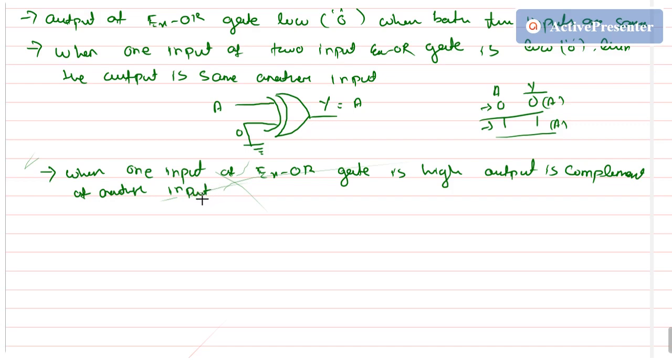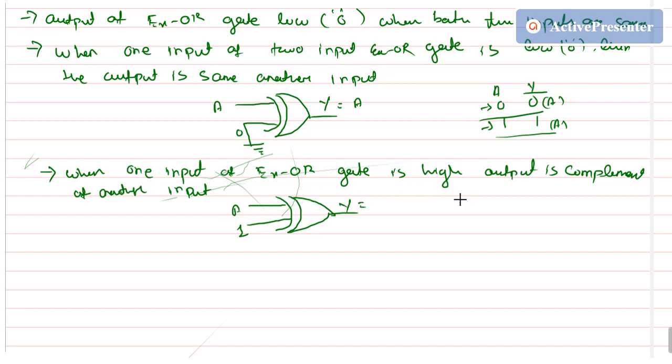Before solving this, draw the truth table by yourself during the exam, because this can be confusing. When one of the inputs is low or 0, there is one condition. If one of the inputs is high, there is another condition. So you need to draw the truth table before solving. Let us make one of the inputs 1, and the other input is A, and we will find Y.